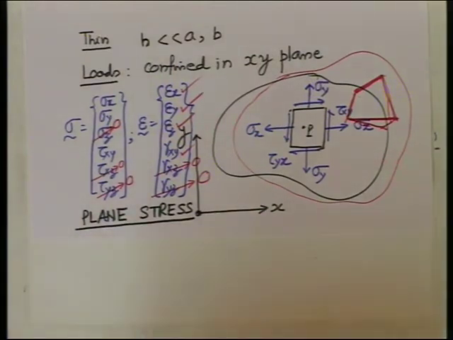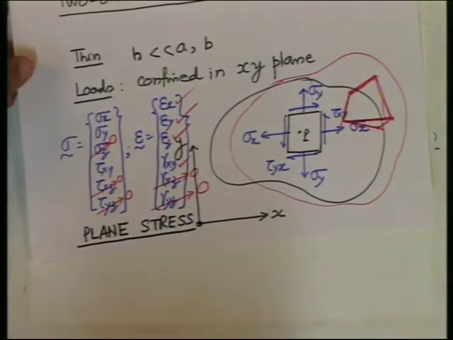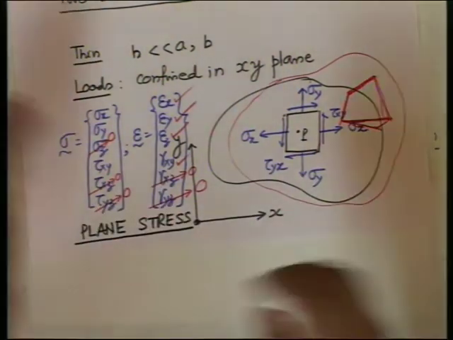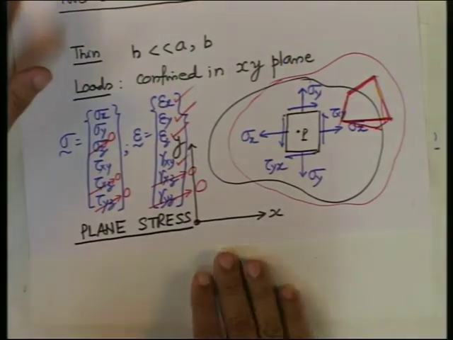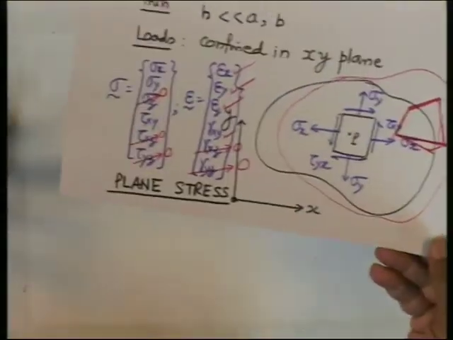There are many situations where the body is like this, and in reality you get this in most of the walls of a building, they are in a state of plane stress. Most of the membrane, supposing you have a balloon and you put air in it, that balloon is in a state of plane stress. At any point you will find all the stresses are only in the tangential plane, because you are expanding it by air. So, that will be in a state of plane stress, things like this. So, this is one state of two dimensions.